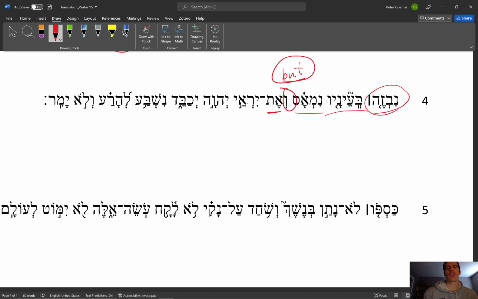But notice the tsere yod. What's the tsere yod but a marker of the plural construct. So this comes from yare, which is the adjective for fear, but it's used substantively as well as the participle. So those who fear Yahweh. But those who fear Yahweh, being plural because of the ending, the yirei, so those who fear Yahweh, he